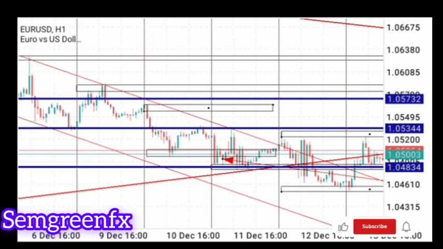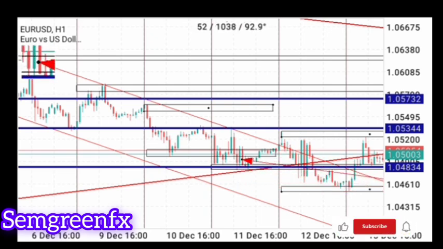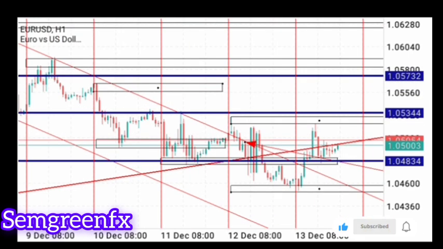Now it's London break, and London came to this level, created some kind of a fake out on this level, and price today was just a consolidation. Price was just doing some kind of consolidation. It did not hit the previous high, it did not respect the previous low, and price broke up from there and to another section. So on this section